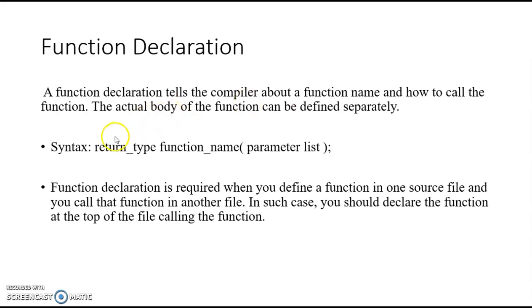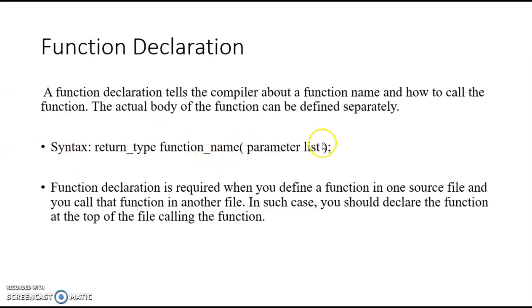So what is the syntax of this function? Same as a function definition. The first part is the return type. The second part is the function name. And the third part is the parameter list. Now these three things are related to your function definition. Whatever return type you want to give to your function, you can give, either void, integer, float, or double. Keep in mind, by default the return type is integer. Fine. After that, the function name. Any function name you want to give, you can give.